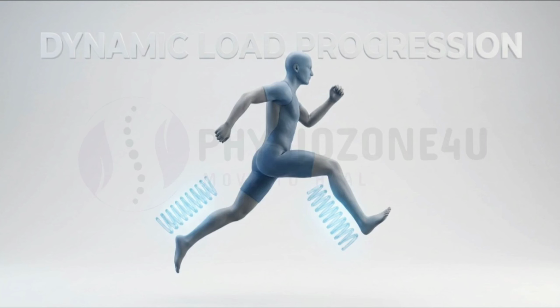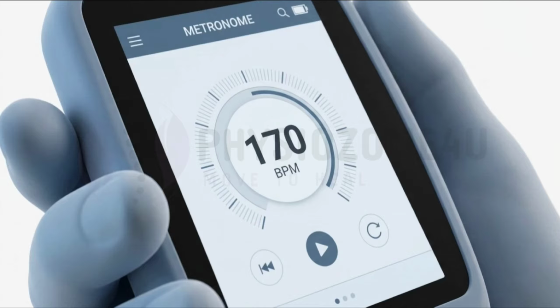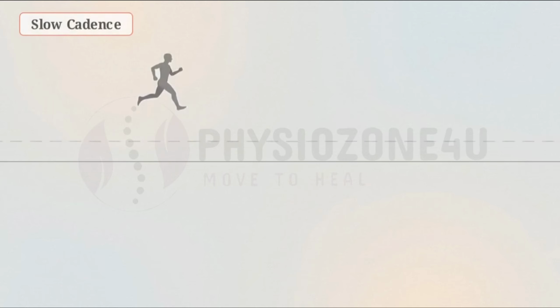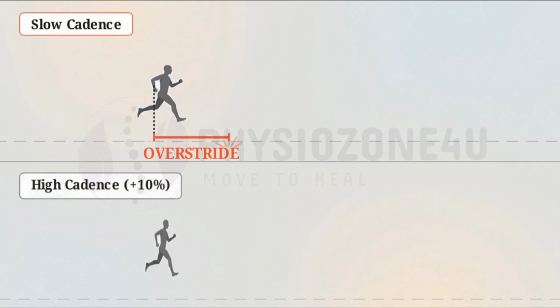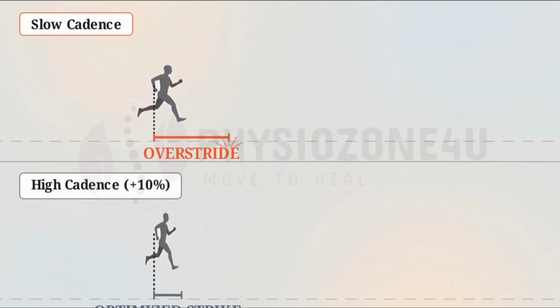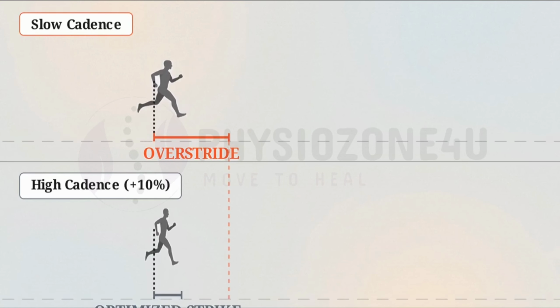Phase 4 prepares the system for the eccentric forces of impact. Low-level plyometrics, like pogo hops, condition the tissue elastic recoil. Finally, gait retraining is implemented through cadence manipulation. Increasing a runner's cadence by 5 to 10% naturally curtails their step length. This single mechanical adjustment shifts the foot strike closer to the center of mass, immediately neutralizing the overstriding caused by